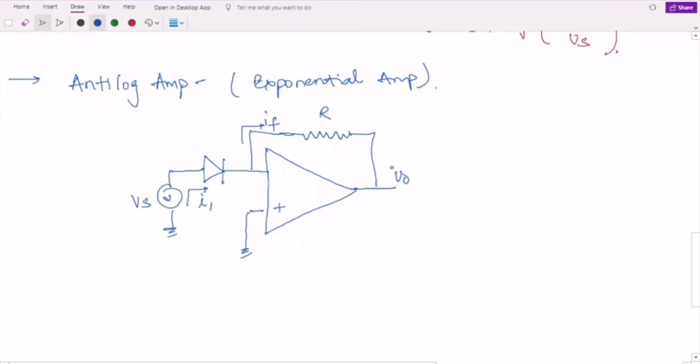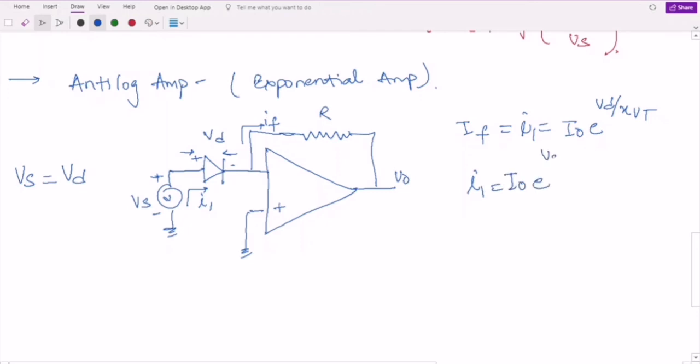Over here if you see, the voltage across this diode, if I assume, is equal to Vd. This is positive, this is negative. But if you see at the Vs, this is positive and this is negative, it means over here both the positive terminals are connected to the same point. It means they must have the same polarity, or simply I can say that Vs is equal to Vd. Also the forward current in a diode, IF, which is equal to I1 over here, is equal to the leakage current I0 e to the power of Vd upon eta Vt. This is the formula. But in place of Vd I can write Vs. So I can write here I1 is equal to I0 e to the power Vs upon eta Vt.